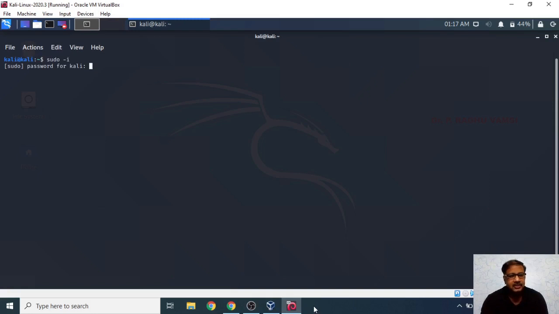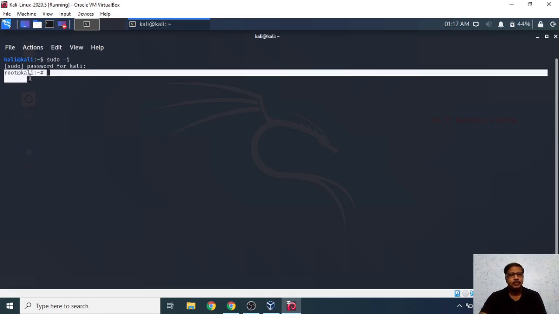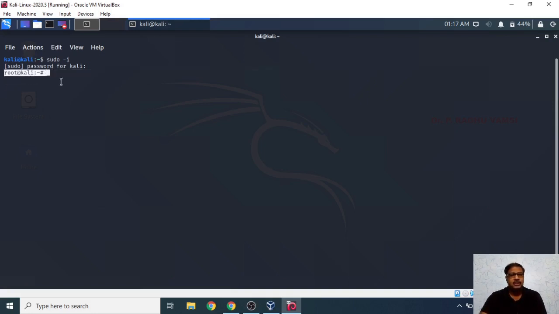You type the Kali password as kali. Now it will be shifted to the root access. This is the way you can get the root access. Once you shift to the root user, you can run any kind of command and you can view the results.